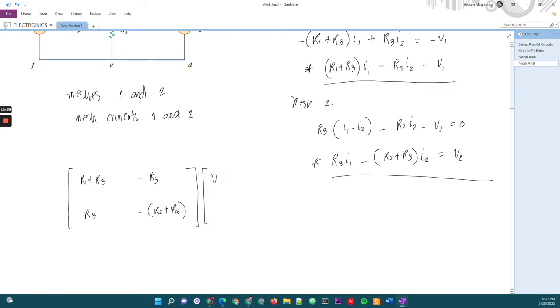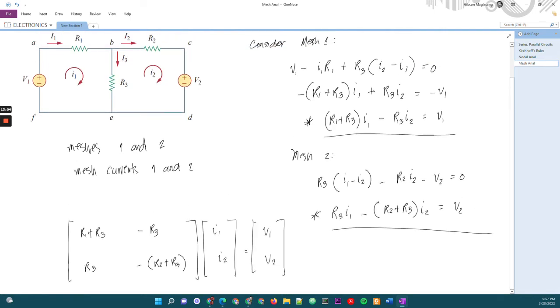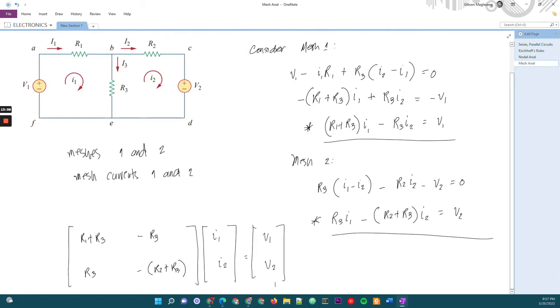So we have I1 and then I2. On the right hand side, we have the constants V1 and V2. Okay, so we can easily solve this using Cramer's rule or software, let's say MATLAB. And also from this diagram, take note also that for this diagram,